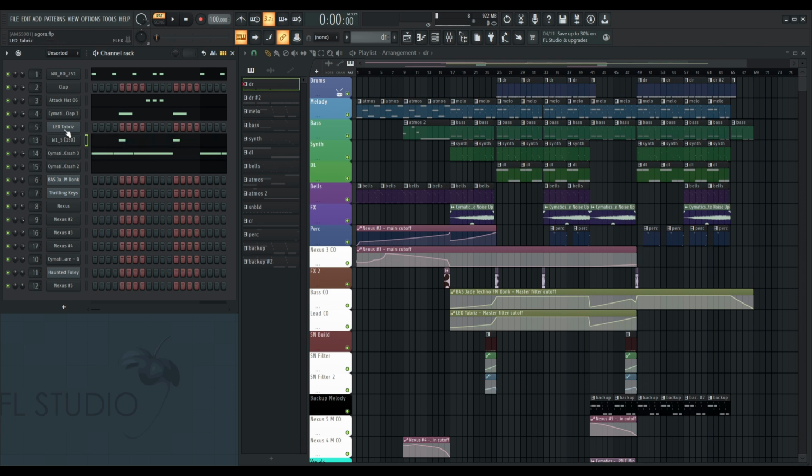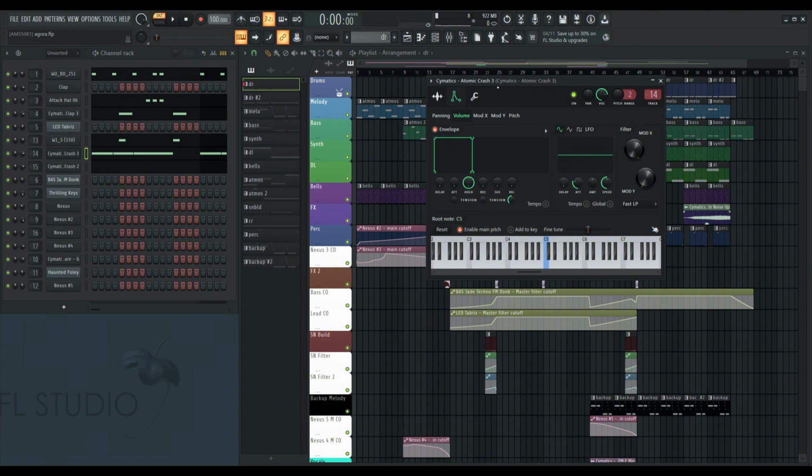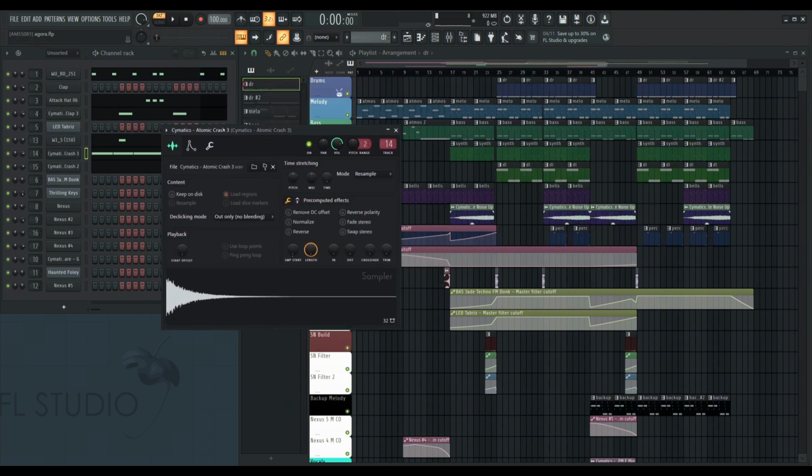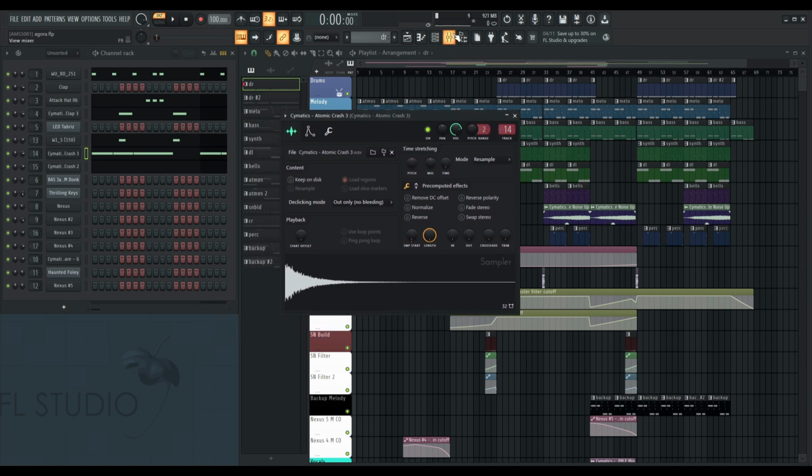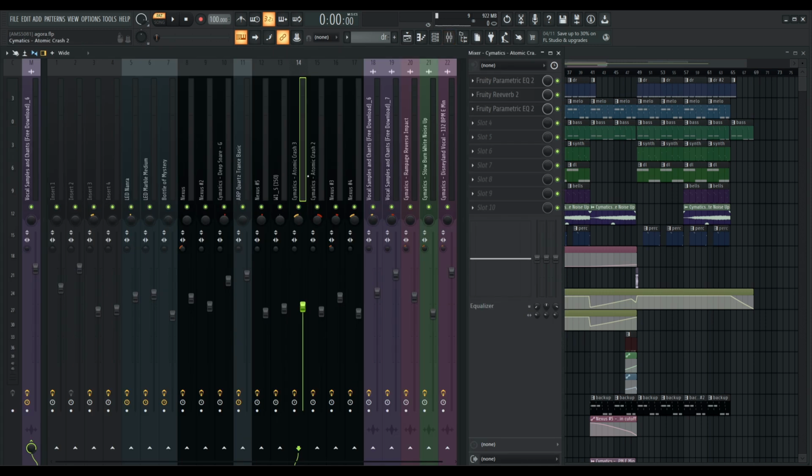And another thing is something like a crash. A crash is a very high frequency sound, and that can be very harsh. So as you will see, the crashes are actually quite low volume. So if we play this,